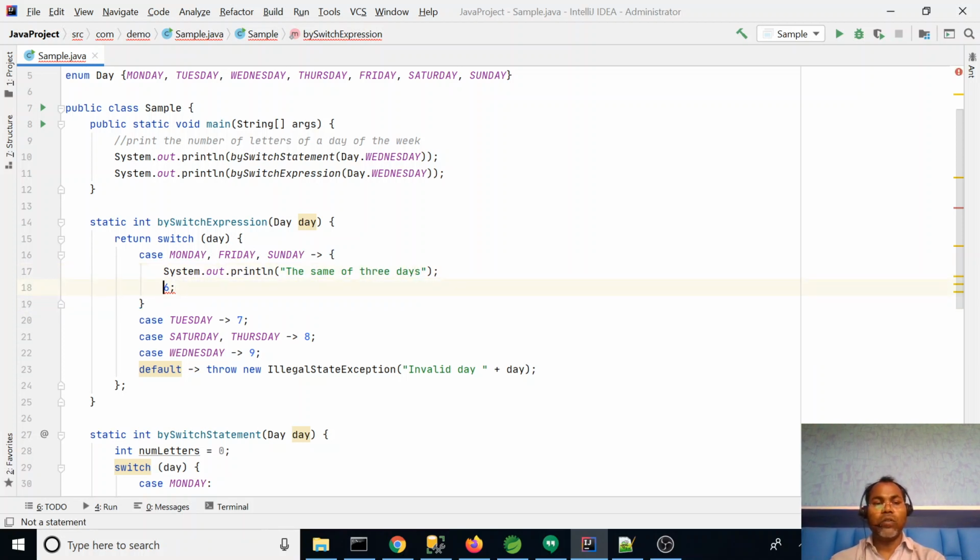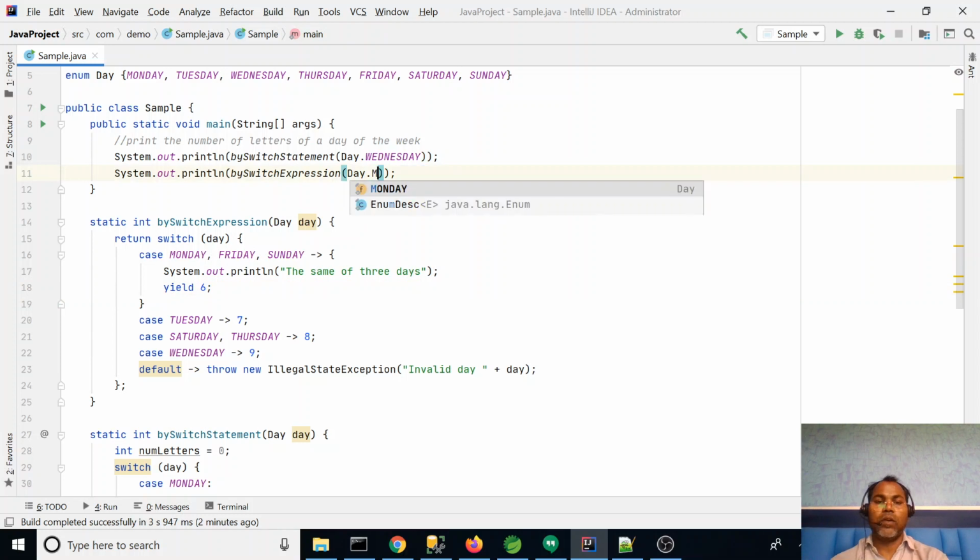But how do I return this value? For returning, from Java 13 onward, I think they have introduced a yield statement, which takes one parameter that you want to return. Let's see here, I'm passing Monday, and then you check.